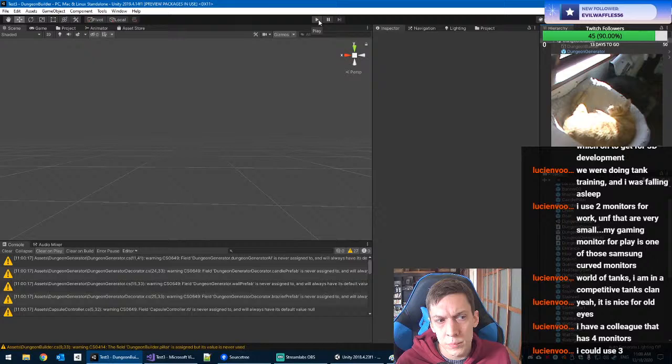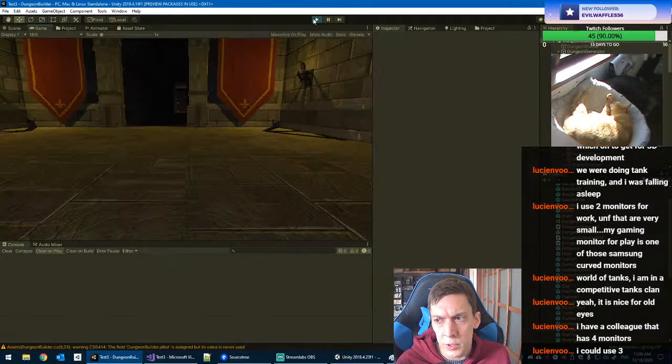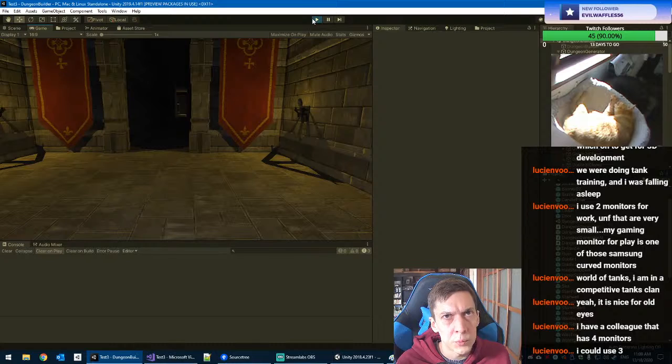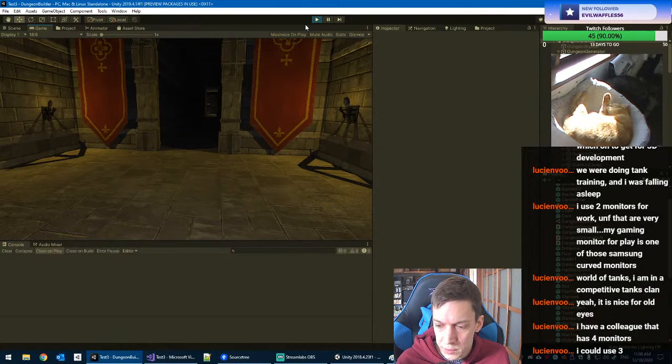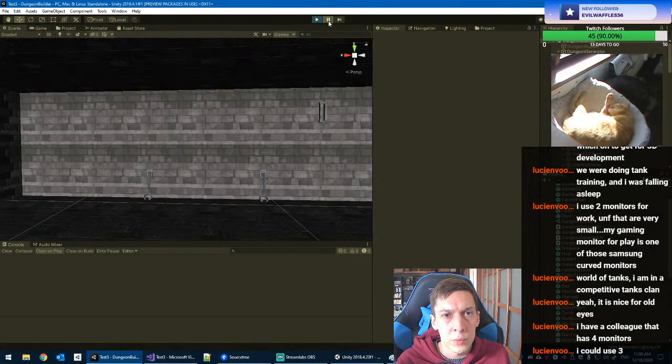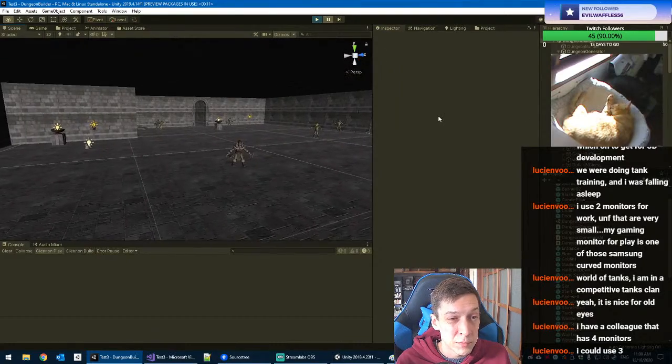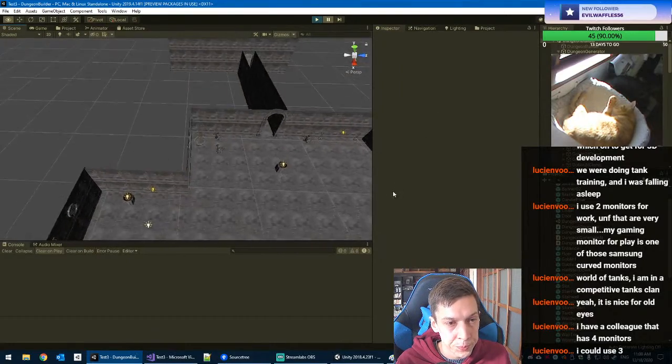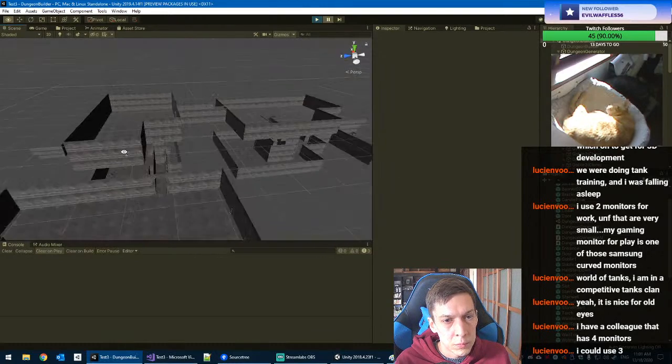Yeah, I could use 3, especially now that I'm streaming. It'd be nice to have like Discord, and I'm planning to get a desk for Christmas. The same desk, but mirrored, so I can stick them together. And then hopefully, like I say, it's only $100 for these really nice flat screen monitors that I'm using. I'm supposed to be making a wish list for my mom. She wants to